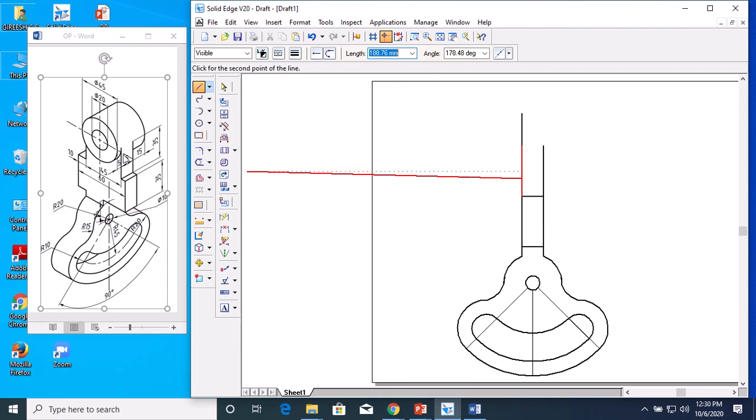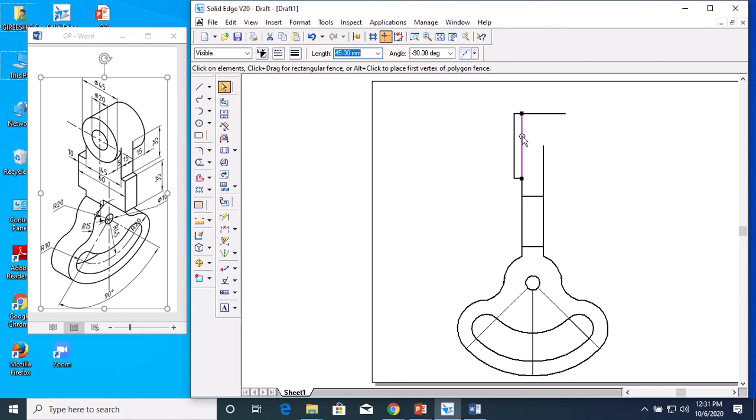This is 5 mm from here towards the left side, 5 mm at 180. The total length equal to the diameter, 45 at 90. Here you draw the total width of this rectangle, 15 plus 15 plus 5, that is 35 at 0. Then you can delete this.